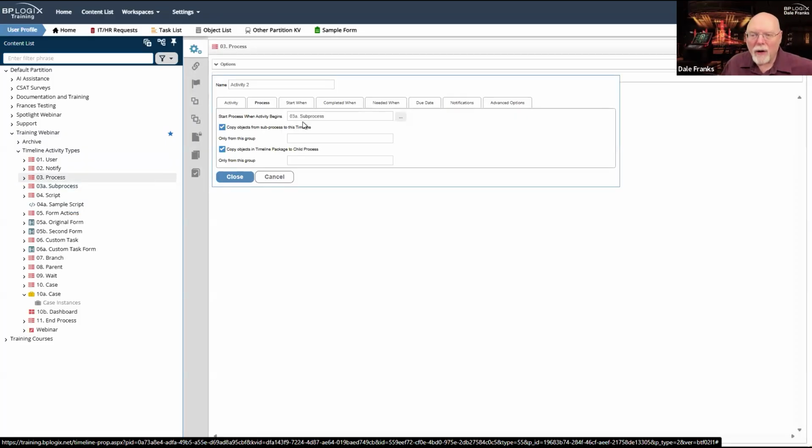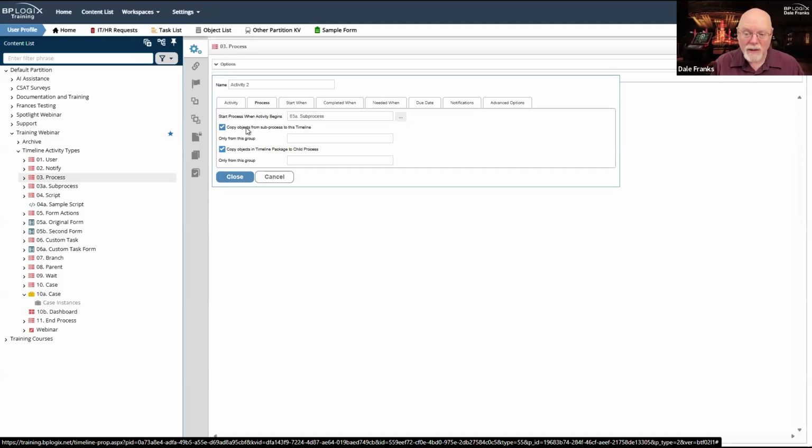And by default, Process Director is going to do a couple of things. It's going to take any objects that are attached to this process timeline. So that would include the form in all cases, because the form is a process timeline attachment.